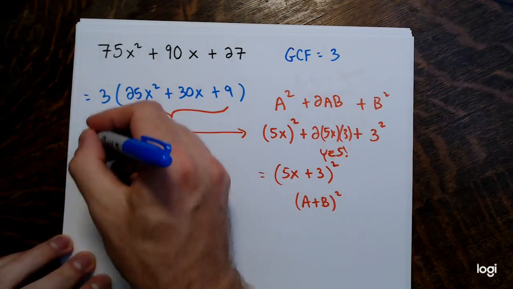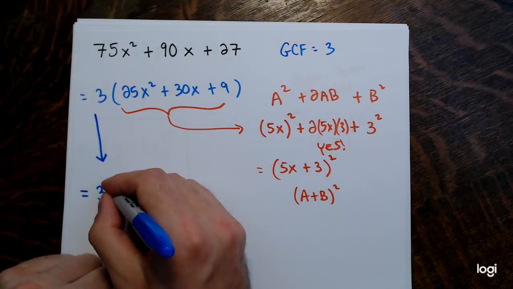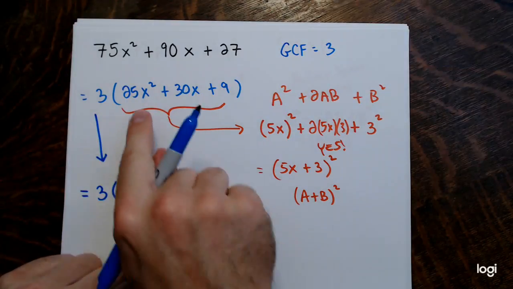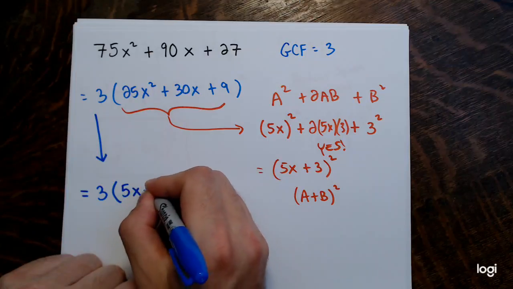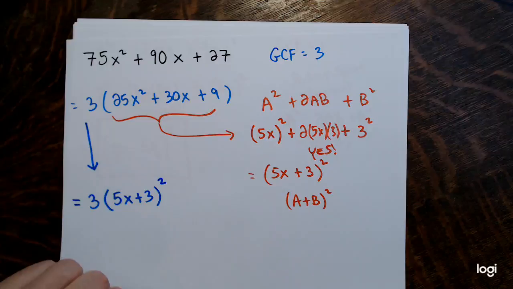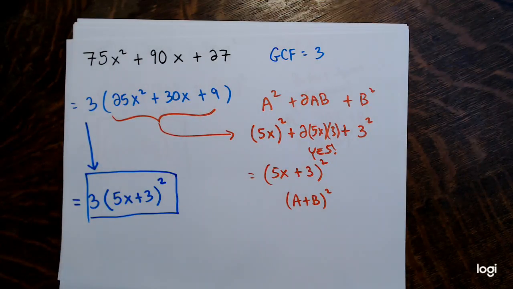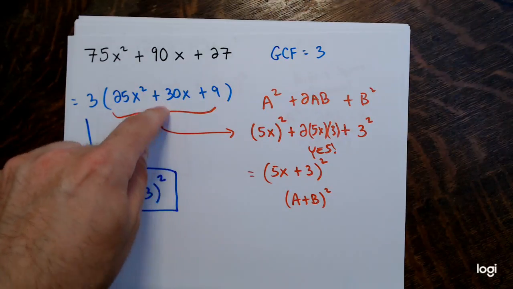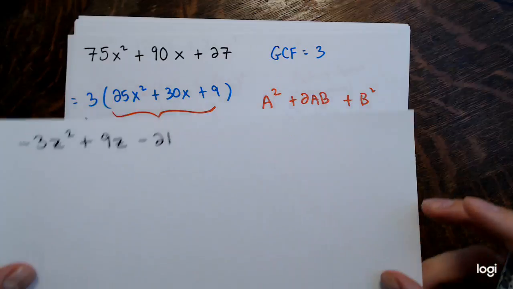So when I'm all said and done here, I factored out the 3, right? So 3 is a factor, times, and then this guy here in the parentheses factors to 5x plus 3 times 5x plus 3, or the quantity 5x plus 3 to the second power, and there you have it. And again, double check by multiplying. Square this, you'll get this. Multiply by 3, you get that. You get the original back. All right. Okay, and then I've got one more example where you have 3 terms, and then we'll get into